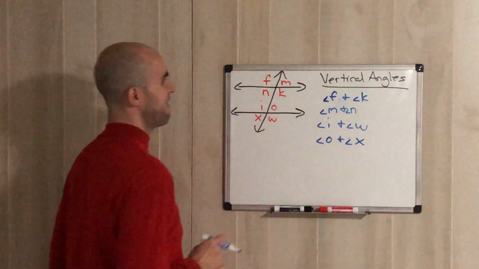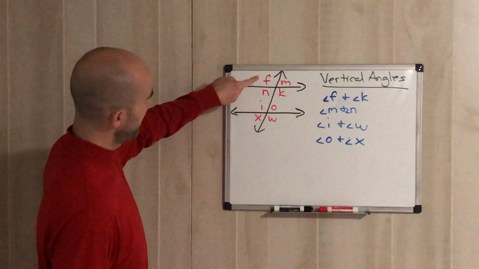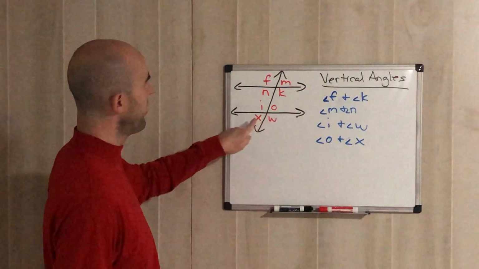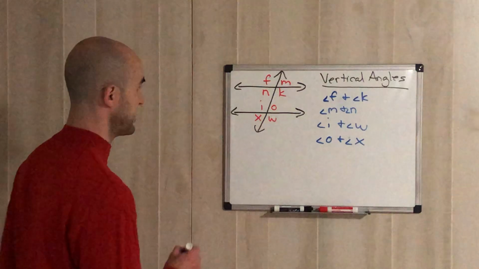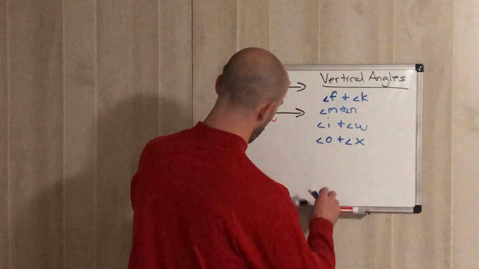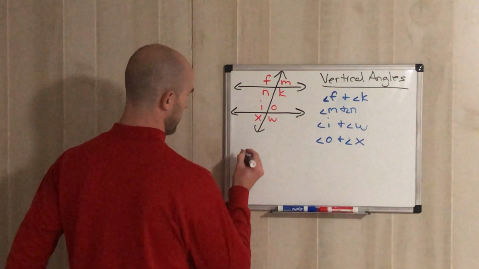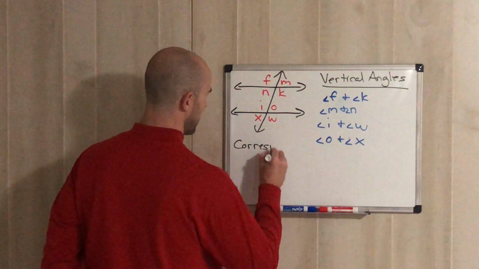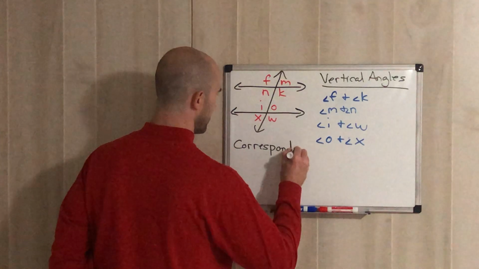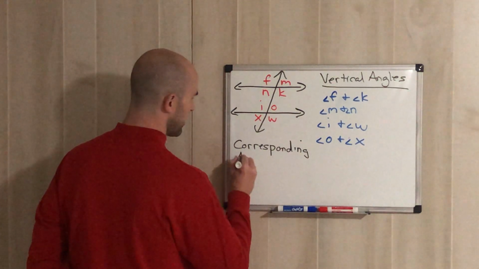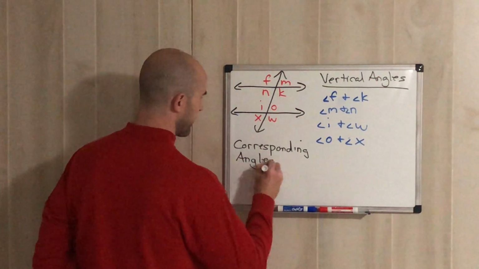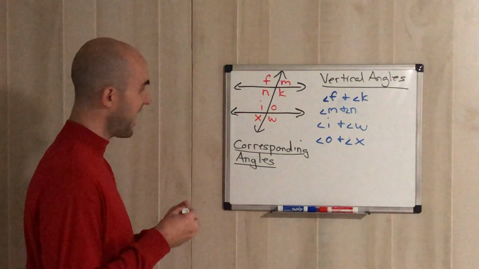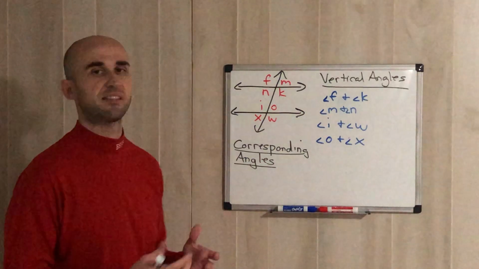So that's the first one: vertical angles, always opposite. F and K are vertical, M and N, I and W, O and X, because vertical angles are always opposite of each other. Then let's go to corresponding, which is the one that some people may have issues with. I'm leaving them up just so you can see the differences. Corresponding angles, always remember, they're on the same side,